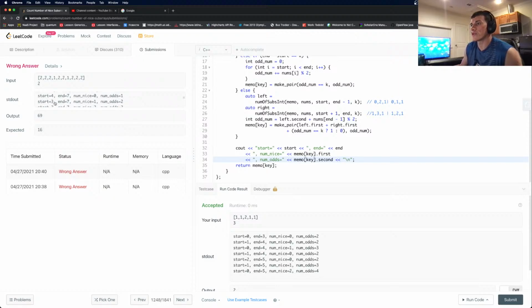So first one, 3 to 7. So 3 is this. So 4 to 7. Wait a minute. Yeah, 3 to 7 is this, right? So 3, because this one is inclusive. So maybe the way I select the first one and the last one should be the case anyway. 3 to 7,